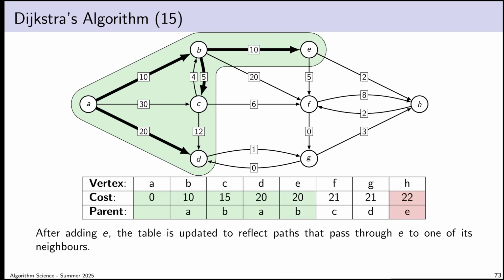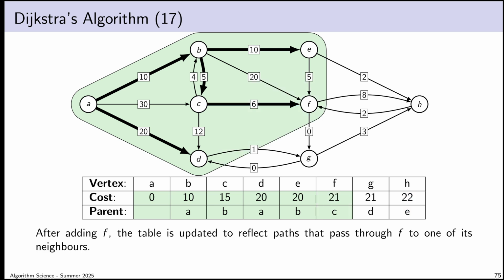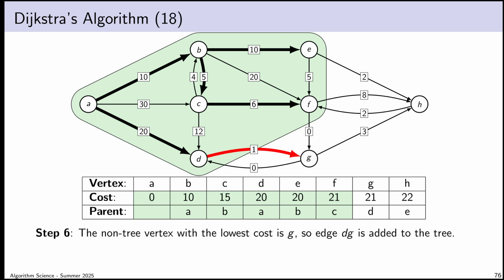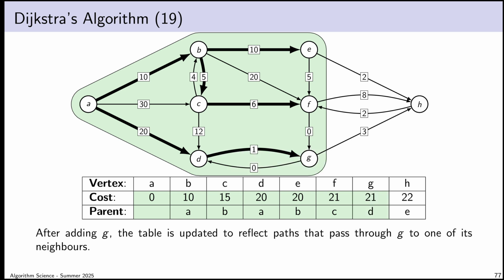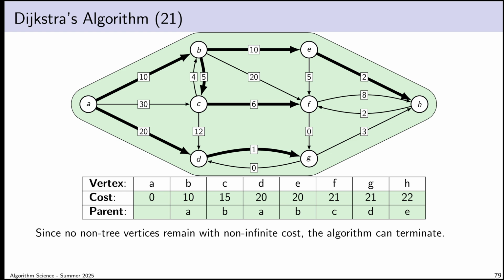So I bring in vertex E. And now for the first time over the course of the algorithm, every vertex is somehow reachable. Although I don't necessarily have the minimum cost path to these vertices yet, we are definitely making progress towards having the solution that we're looking for. Okay, so then I bring in vertex F and relax edges to its neighbors. That doesn't seem to change anything. And then I bring in vertex G, relax edges to its neighbors, and then finally I bring in vertex H. Okay, so I've clearly reached a termination condition.